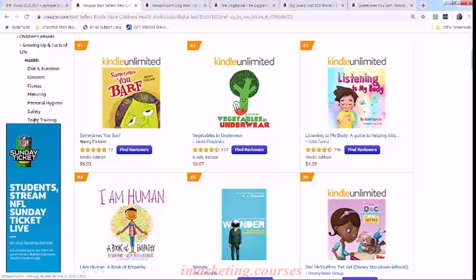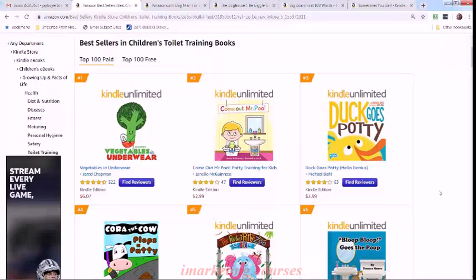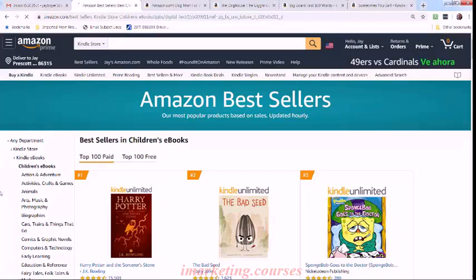We can see toilet training. I'll never forget the whole potty training experience, and these are books that parents are buying all the time so they can sit down and read it with their children who are transitioning from diapers to actually going to the bathroom on a toilet. In any case, I hope this is giving you, again, some light bulb moments